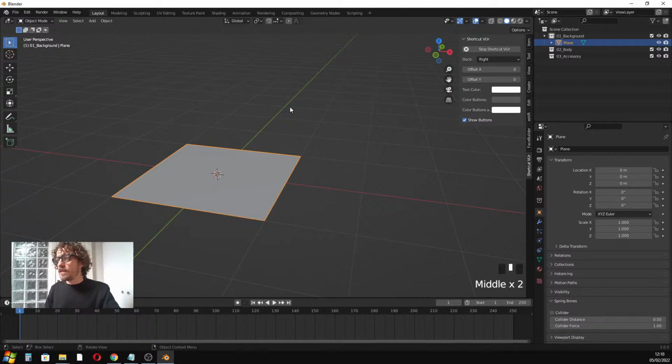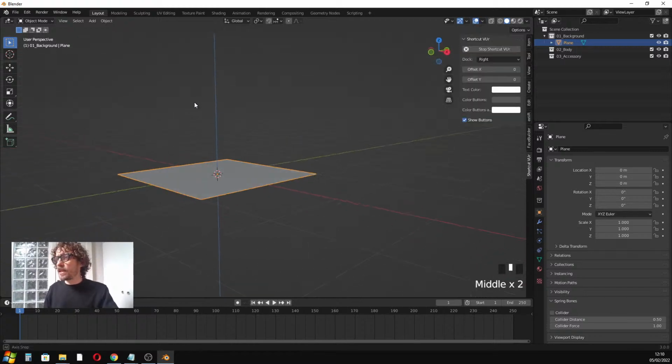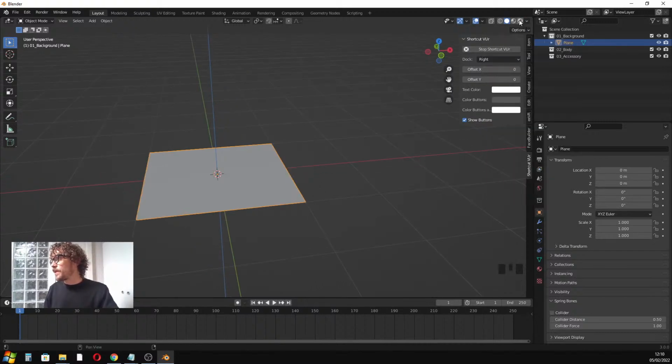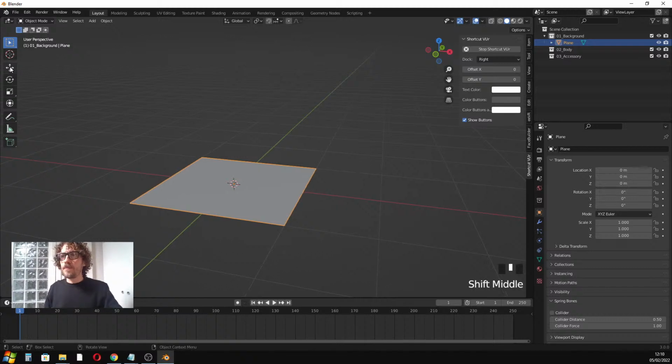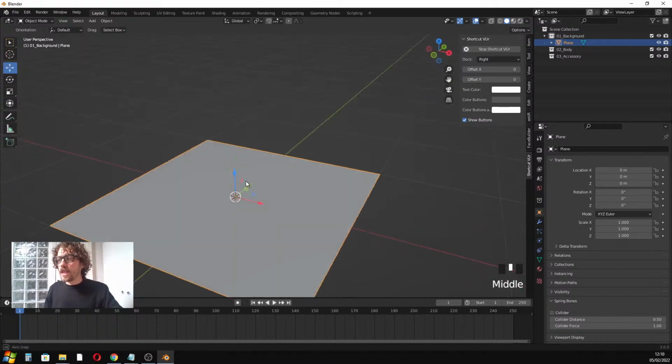Now you will see these lines. Usually the red line refers to the X, the green line refers to the Y, which is the depth, and then there is the blue line that you don't see because by default it is removed, but it is the Z. You can enable it from here, but you don't need it most of the time. Okay, I will remove it. And with this instrument, which is called the Gizmo, you can understand how you can move,